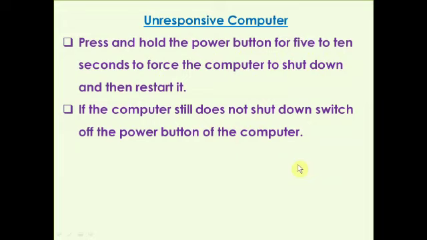This problem happens because whenever we boot the computer, it collects many files to start, or boot, the computer. And if any of the files are lost, fragmented, or will not open, then the computer cannot restart. And if it is shut down once and started again, then it will gather all the files which are required to start the computer, and then it may start the computer again.